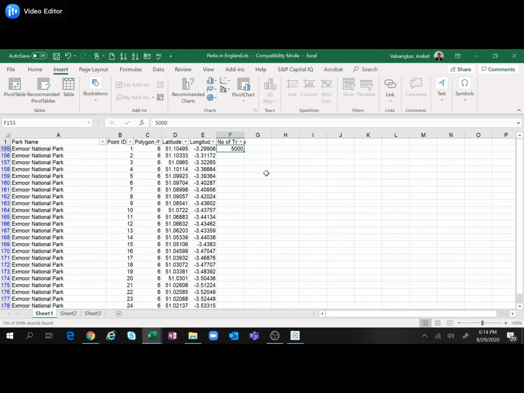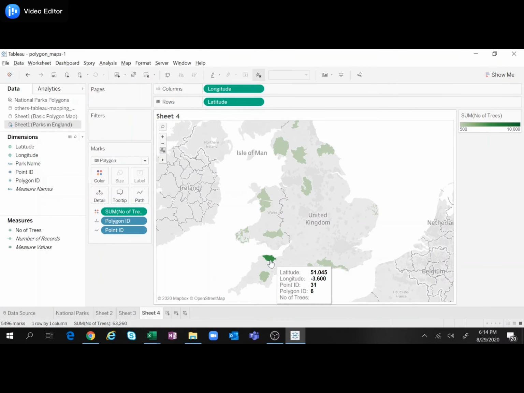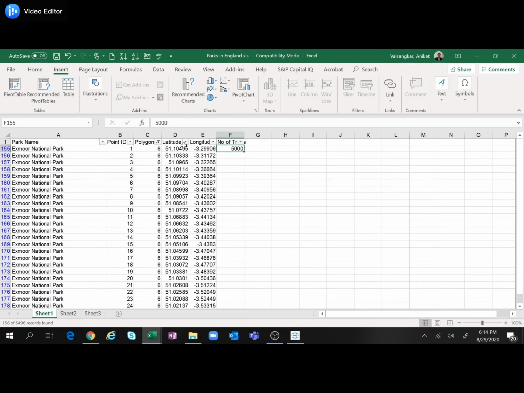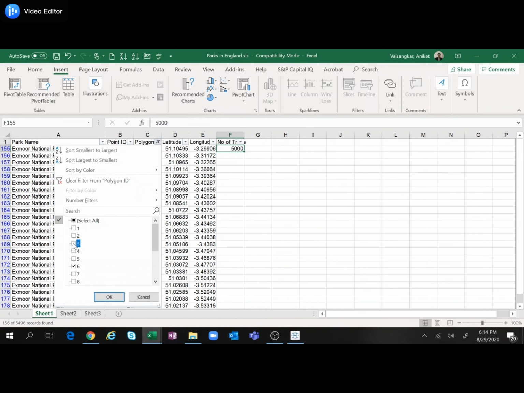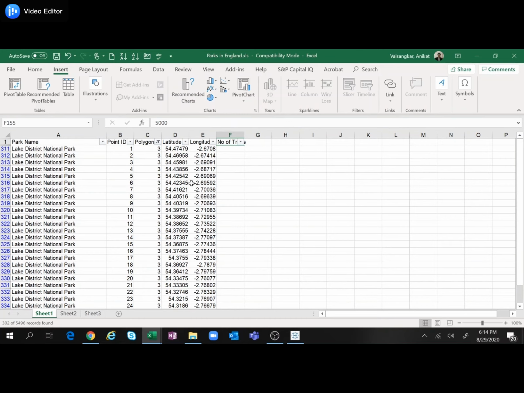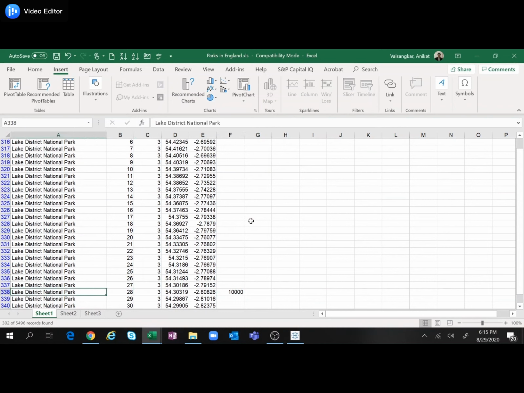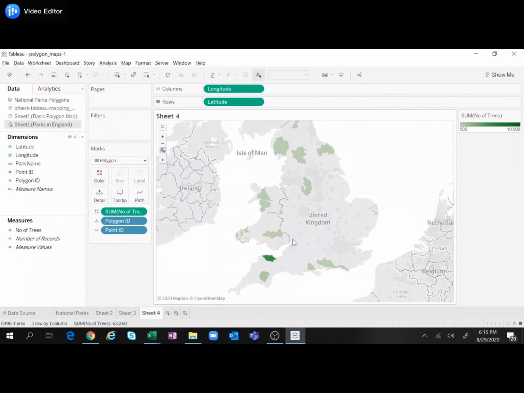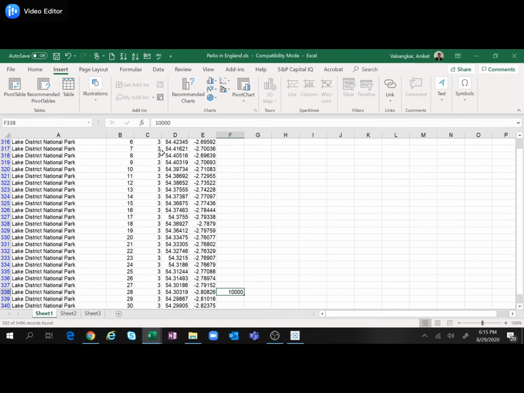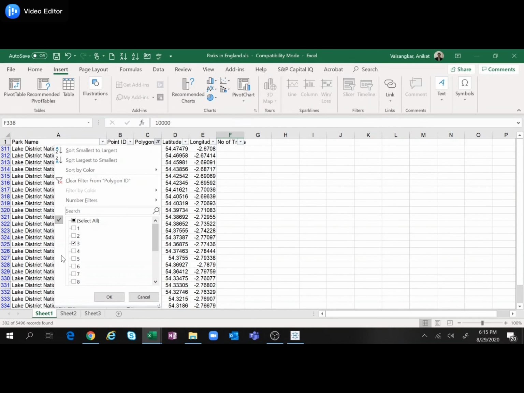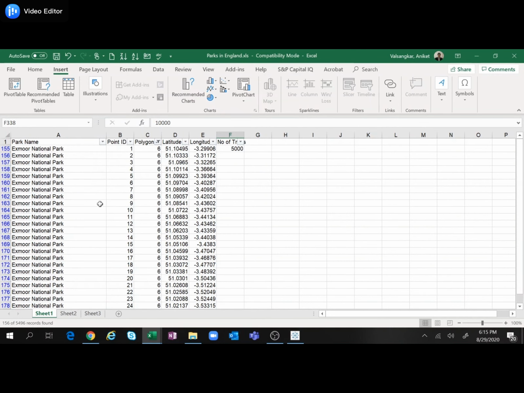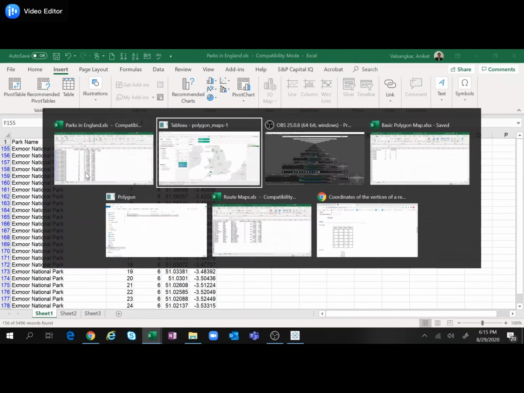The number of trees is 5,000, and it has the darkest shade, whereas polygon ID 3, the Lake District National Park, has a total of 10,000 trees in it, whereas the park with polygon ID 6, Exmoor National Park, has only 5,000 trees in it.